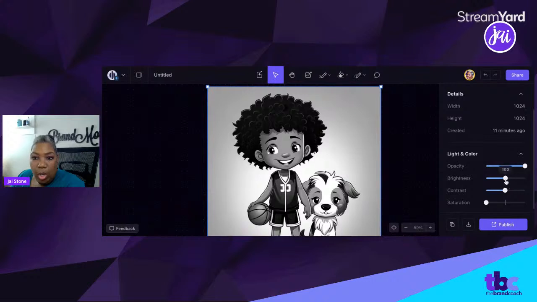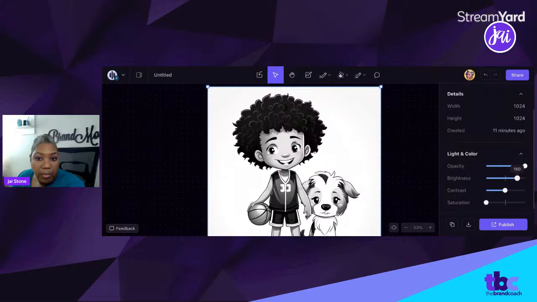And you can also try to punch up the brightness, right? And I'm not worried about the background. So punching up the brightness is also getting me very close to it being a coloring page. So I'm gonna go ahead and try that, okay? The next thing I'm gonna do is go ahead and punch up,